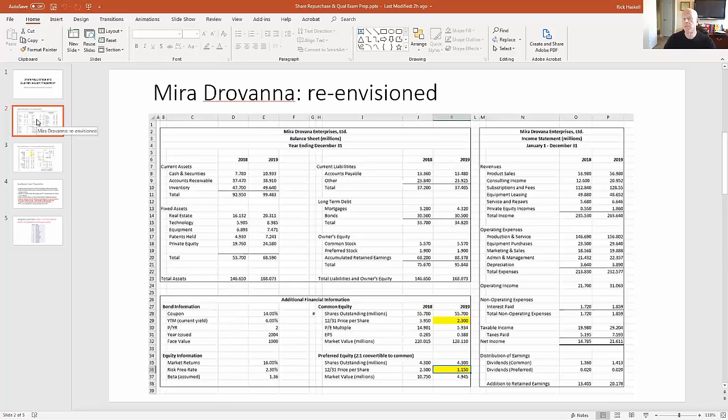There's a couple of things I need to point out first. What you're looking at on this first slide is the income statement, balance sheet, and a little bit of market information, of course. I want you to notice that I changed the share prices in the market from the 4 1/8 and 250 for common and preferred that we were looking at last week.